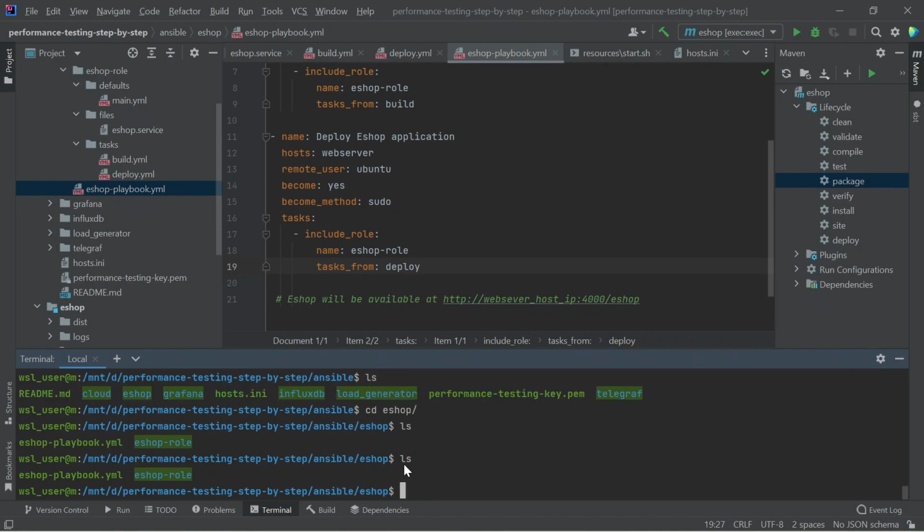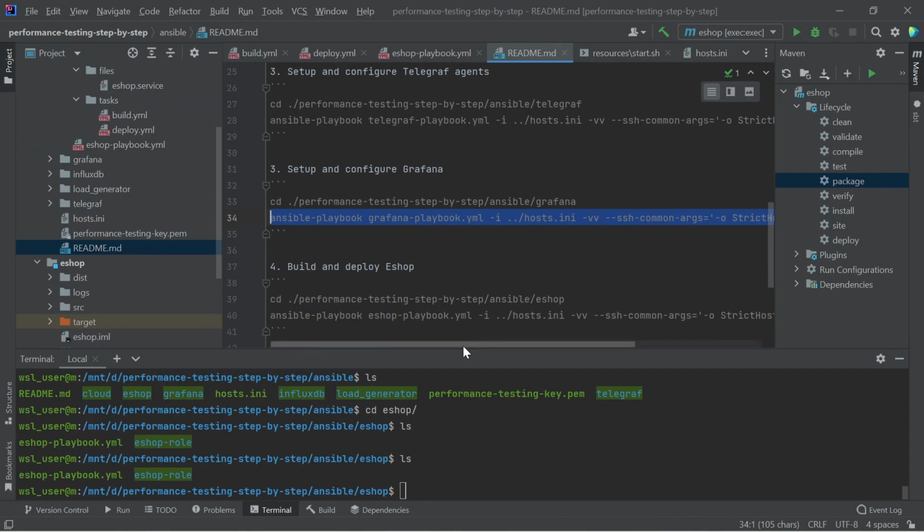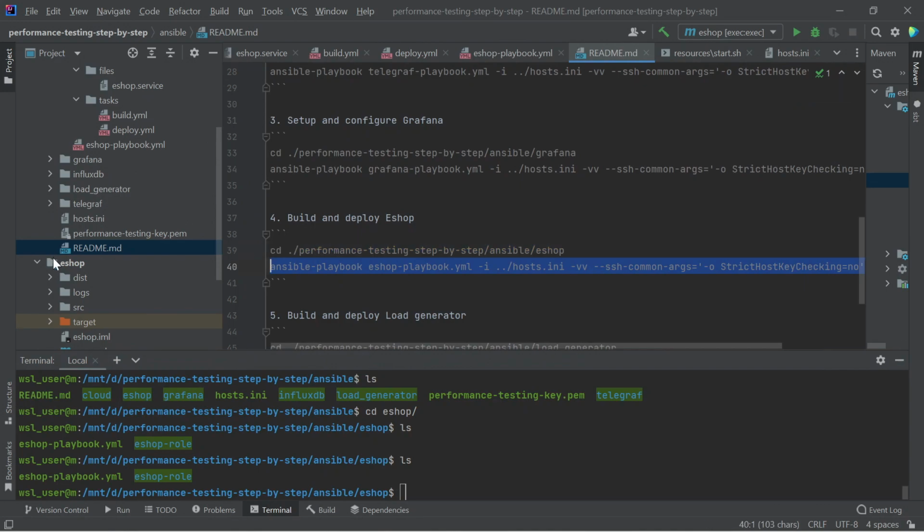And now let's launch this playbook. Open README file, copy the startup command and send it for execution.